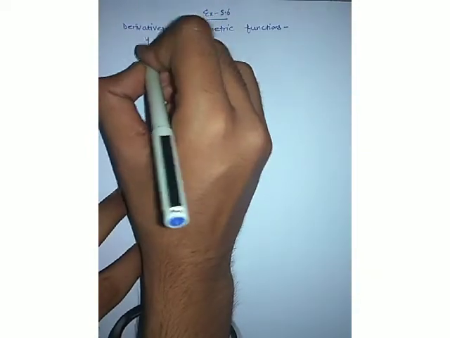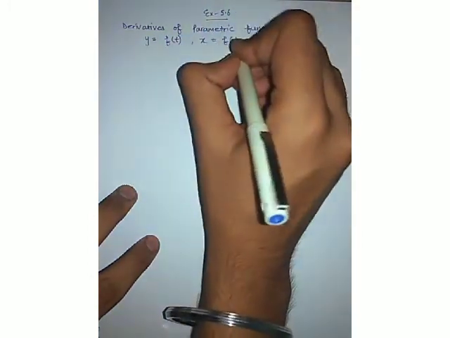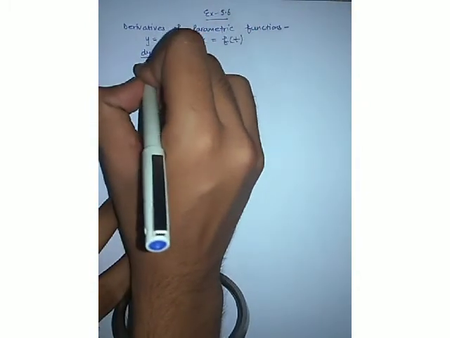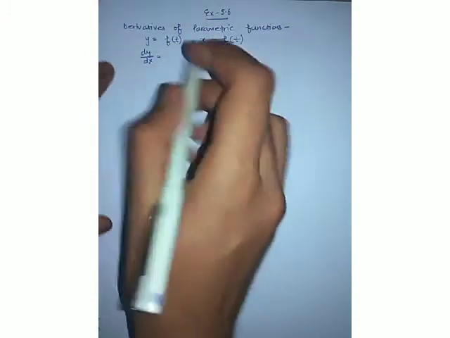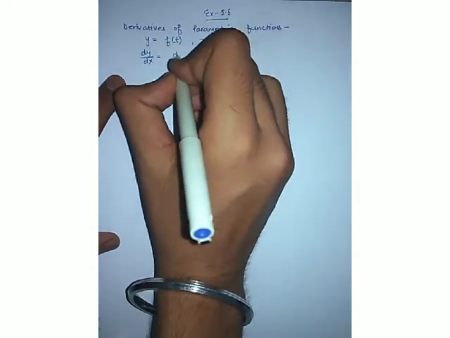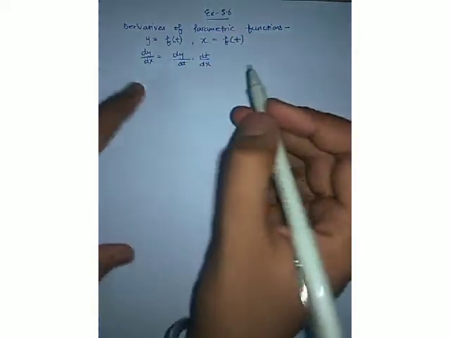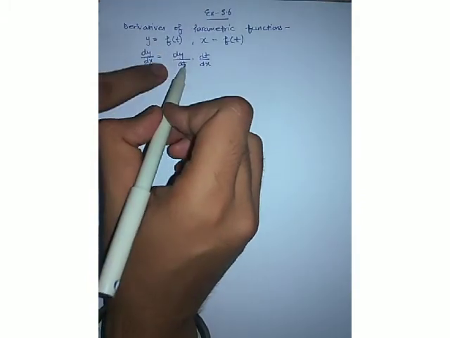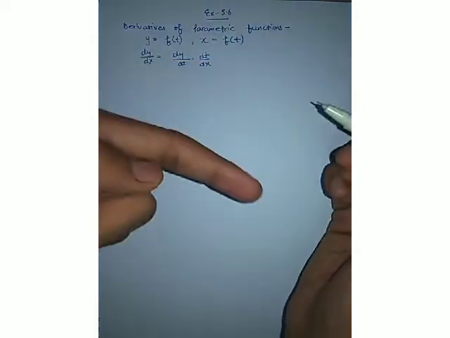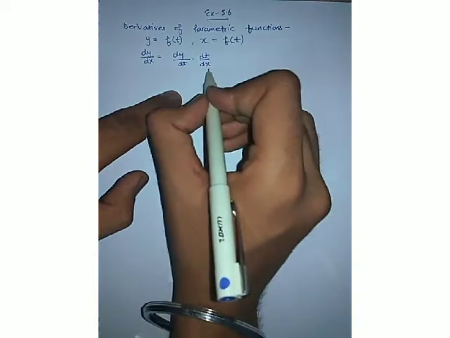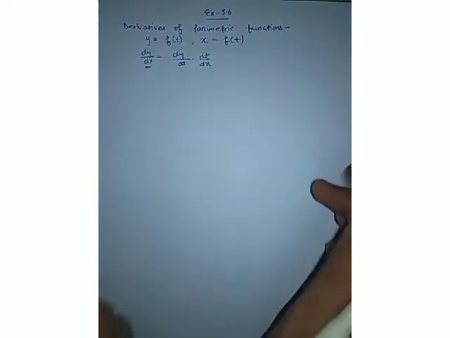For example, y is given as a function of t and x is also given as a function of t, but we have to find dy upon dx. But you cannot differentiate y with respect to x directly because it's a function of t. That is why in this case we will write it like dy upon dt multiplied by dt upon dx. So what will you do? You will differentiate y with respect to t, and then you will differentiate x with respect to t, and then you will reciprocate the result of differentiation of x with respect to t, so you will get dt upon dx. Then multiply both of the results and you will get the desired result as dy upon dx.